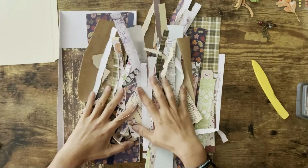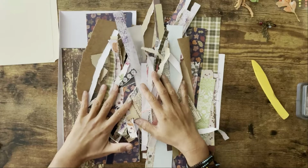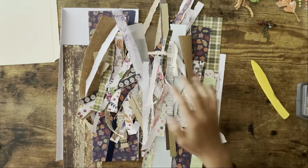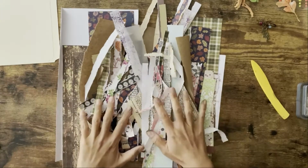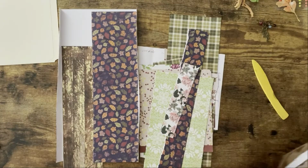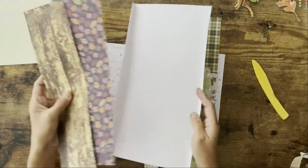I have been using scraps for my many projects for almost a month now, or more than a month. I'm so glad that I was able to use them. I feel bad all the time when I see my scraps. It's just so much. Okay, so put this on the side, and then of course paper,